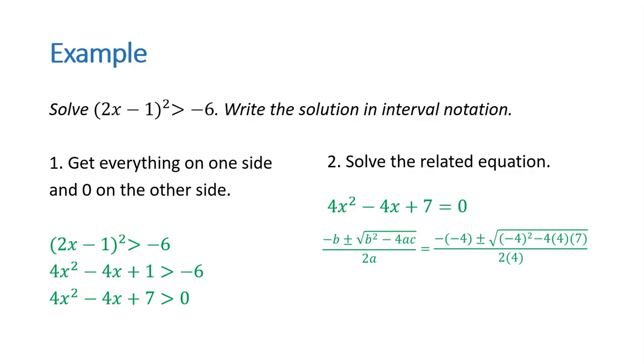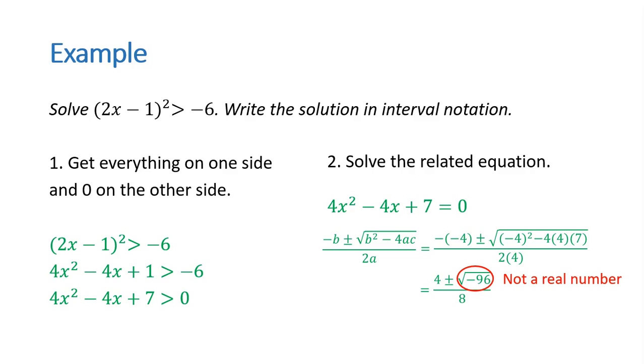What we really want to pay attention to is what's under the square root. So take a moment, simplify this. You should get a positive 4 plus or minus the square root of negative 96 divided by 8. So in terms of what this means for x-intercepts, it means we have a little bit of a problem. Because we're taking a square root of a negative, although we know how to deal with this, we know that it corresponds to something that's not a real